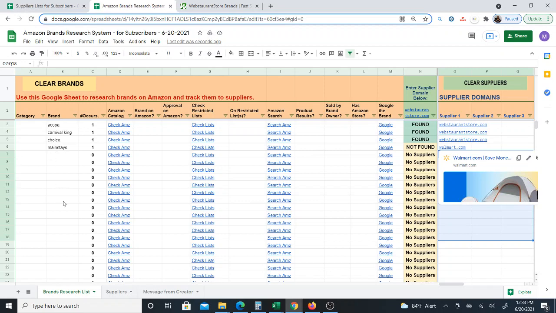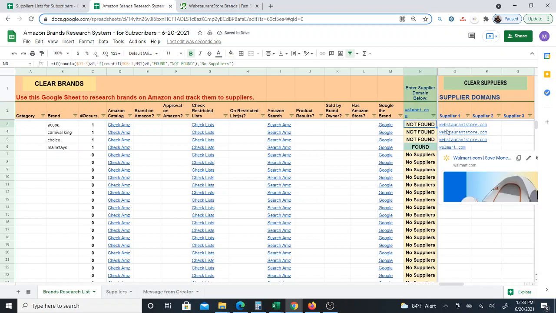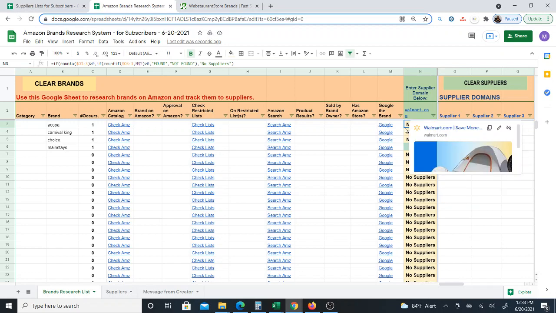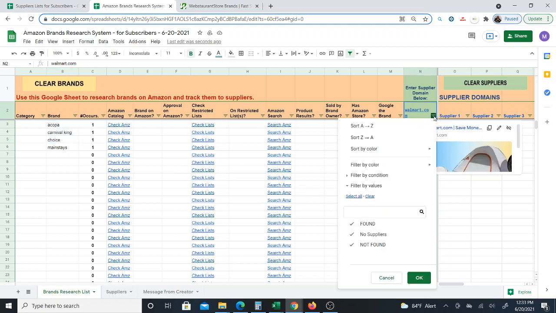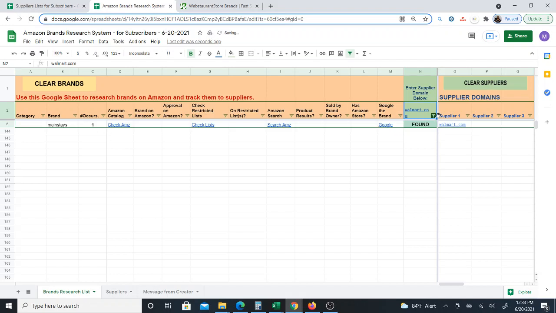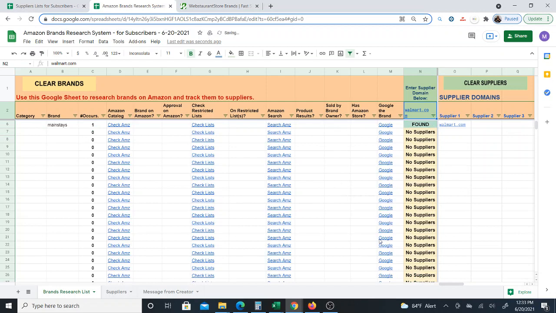All right, as you add more and more brands, you add more suppliers. Now if I were to put Walmart.com here, you would see that that one will light up green instead, right? And these are saying not found, meaning Walmart.com is not found with these 3 brands, but it is found with this one. And again, you could filter it, take those off, and you will only see the one found at Walmart, for example. Okay, so that is a new thing that I added that I think is helpful